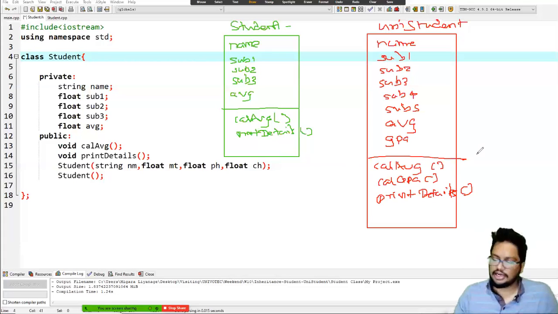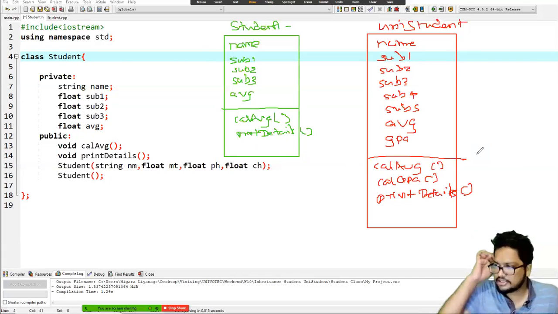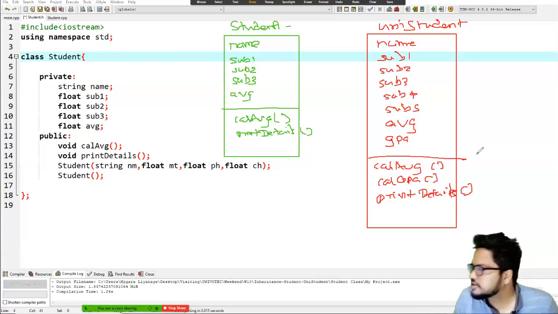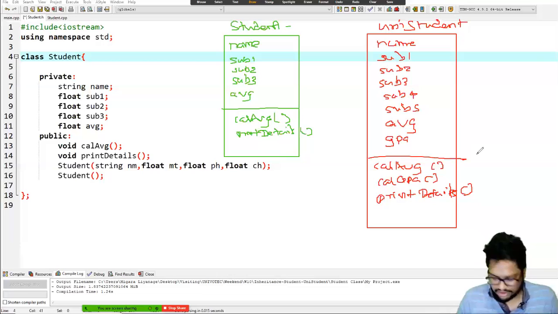Then I need to create another class, a separate class, right? A separate class called uni student. Now, these student and uni student classes, they don't have any relationship